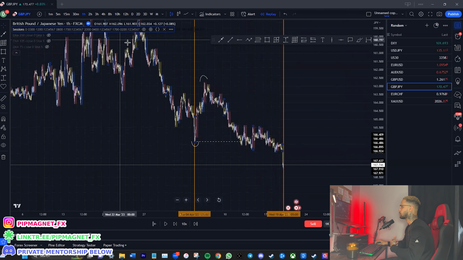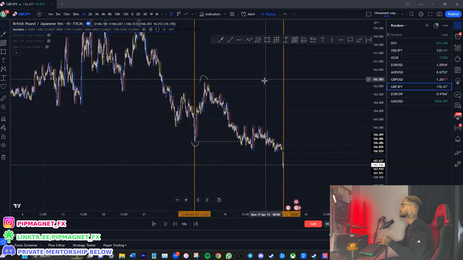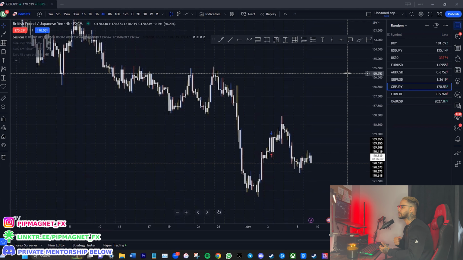As you can see, we go back to the higher time frame, super choppy looking. It doesn't look nice to trade. You got to get down on the lower time frames to take advantage of corrective price action. Okay, so the last point I want to make is that market structure tends to go hand in hand with